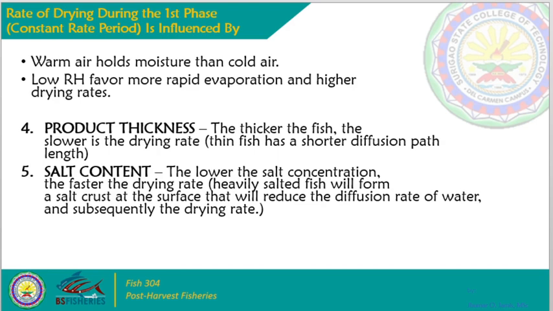Now let's proceed to the factors affecting the drying rate in the second phase, which is the falling rate period. First factor is relative to the first factor also in the first phase. Number one is the product shape, no? The thicker the flesh, the longer the drying time or the drying rate. So obviously kung ang imong shape will be round, of course dugay pud na siya, ang shape sa imong dried products or i-dry nga product is round, mga bullet tuna, mga unsa pa na dira nga mga klase, and then thicker ang iyang flesh. Of course, longer po ang iyang drying time.